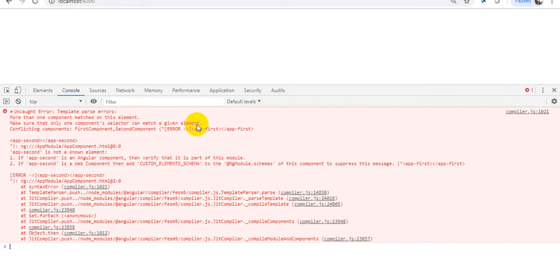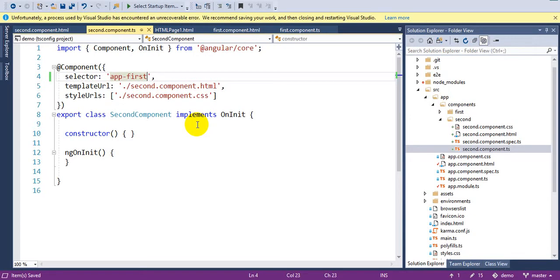You got it? Any question now? But my question is for you. What do you mean by the selector? It's acting like a tag. It is acting like a tag. Okay, so it is not acting like a tag. So I am going to give you one more question. What is the CSS selector?